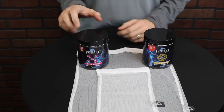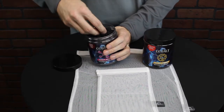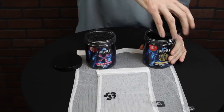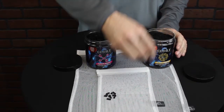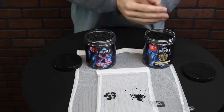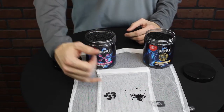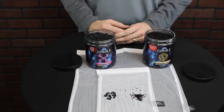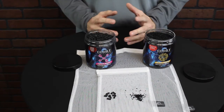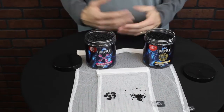Well, kind of. So with the pellet carbon, you'll see it's a much larger pellet shape versus the granular carbon, which is going to be much finer, almost like little grains of sand. And the big difference is that the granular carbon has more surface area, so it's going to work a lot faster, but the pellet carbon, being a bigger piece, is going to last a bit longer. On average, your carbon lasts about a month or so. The pellet carbon is going to be about a month and a half to 2 months,